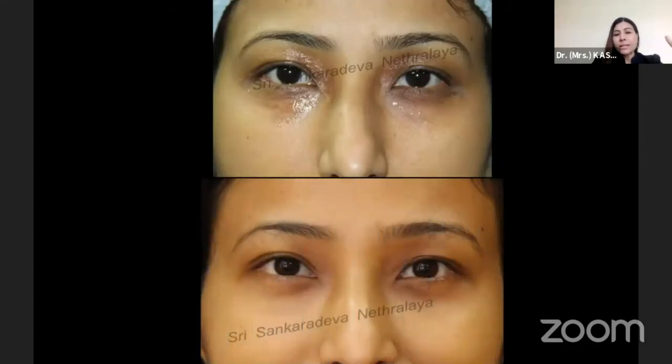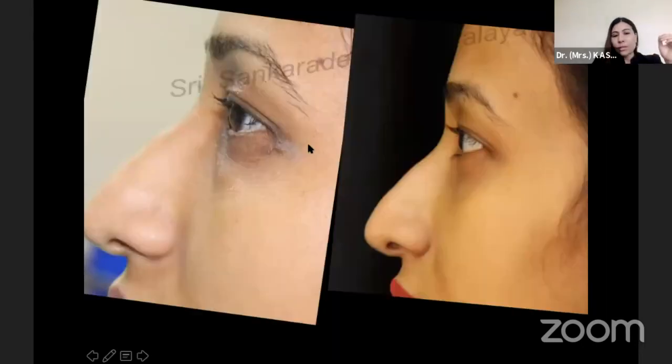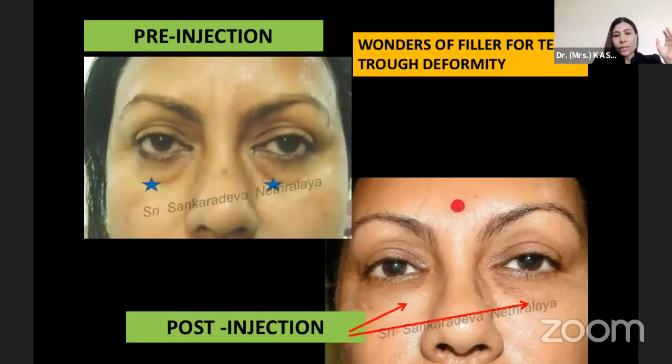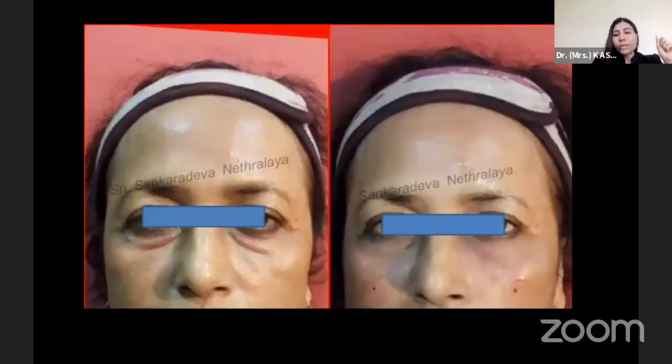A young lady like this, and I'm sorry for not a very good quality, just after applying the Prilox, you see the fat bulge here and she has a prominent tear trough. You go for the injection filler and you can reverse this negative vector to a positive vector, which you can see here. So these are some of the examples. This is just on the table. You can see I use a cannula.